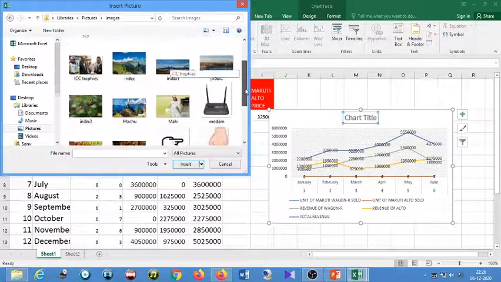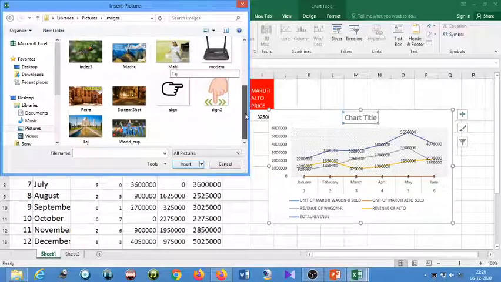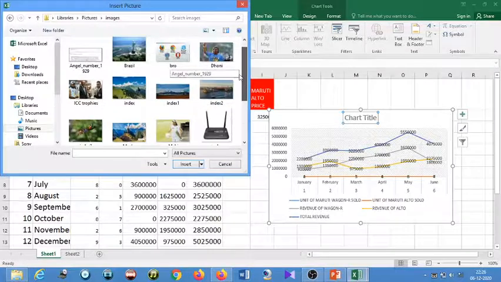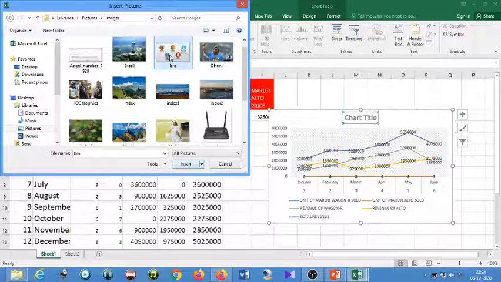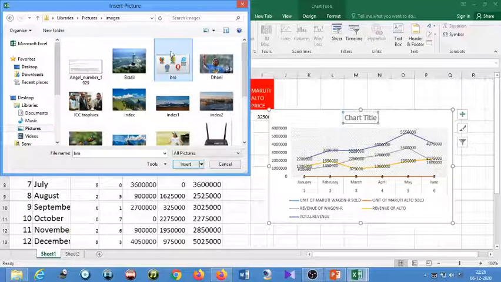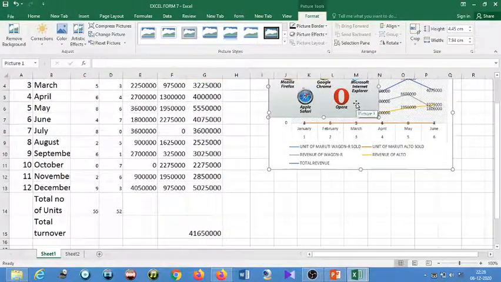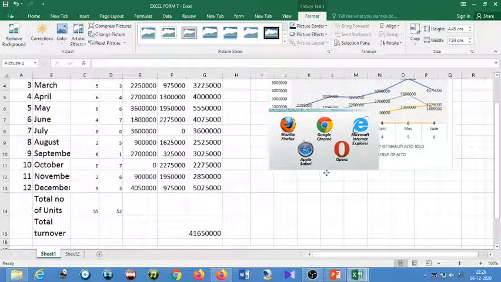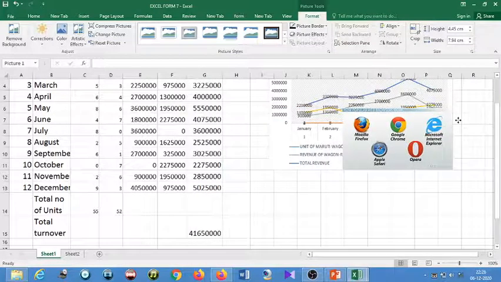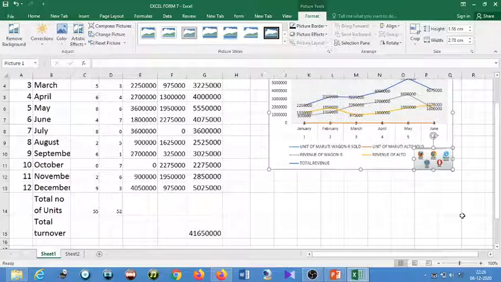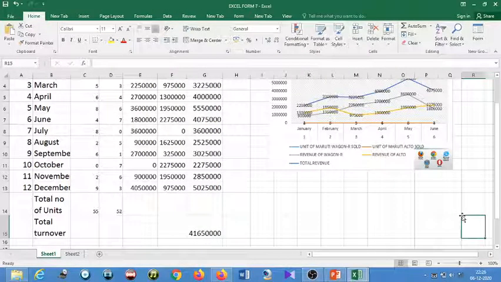Okay, for example, right now I don't have any related picture, but if I put this, then click on this particular picture and then insert. You can see here, then you can move it and set it anywhere. For example, if a Maruti picture is there, then Wagon R, then you can use those pictures in this way. Okay, so in this way students, you can insert a picture also.